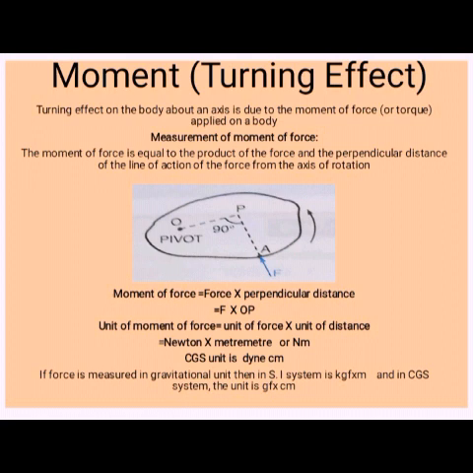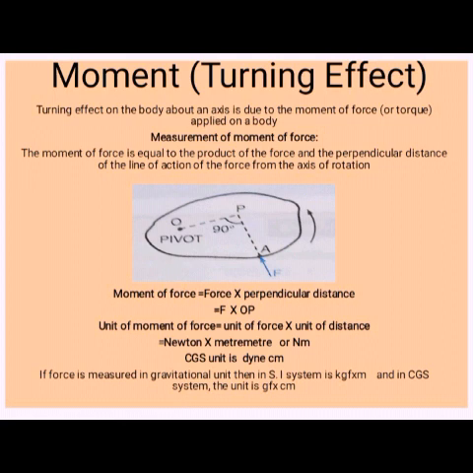That means here moment of force is equal to force into perpendicular distance. Here force is F, capital letter, into perpendicular distance OP. OP is the distance between the fixed pivot point, or a fixed point, to the turning point, that is OP. Therefore, we can say the unit of moment of force is, from the formula, unit of force multiplied by unit of distance. We know that the unit of force is Newton and the unit of distance is meter, so we can represent it as Newton meter.